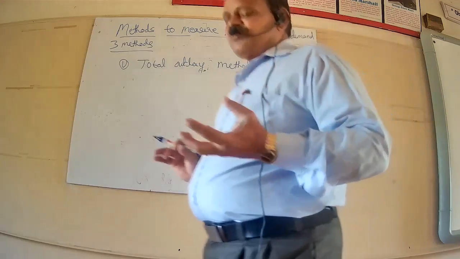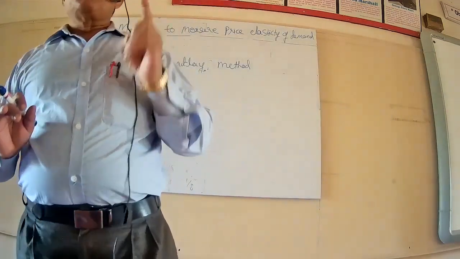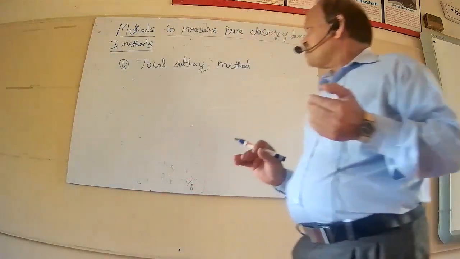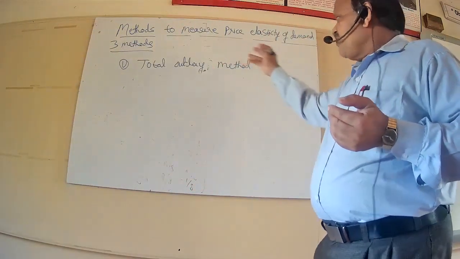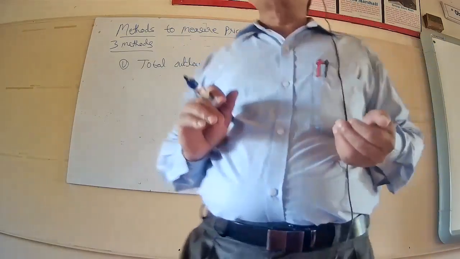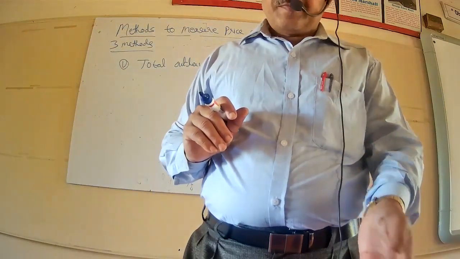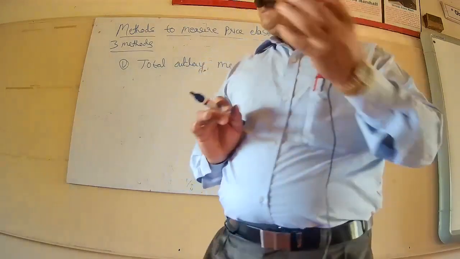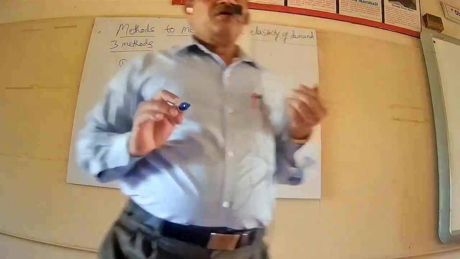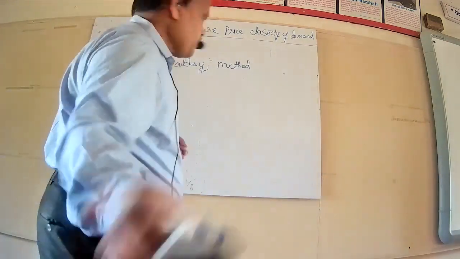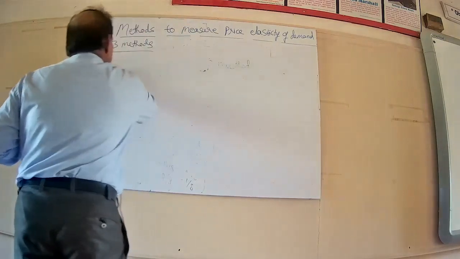Here, as the price of a commodity falls, the quantity demanded expands, no doubt, but the total outlay made on that commodity will change. On this basis, we will identify the three types of price elasticity of demand. Now I will give you a schedule, total outlay schedule. Let us identify all the three types of price elasticity of demand. So, total outlay schedule.